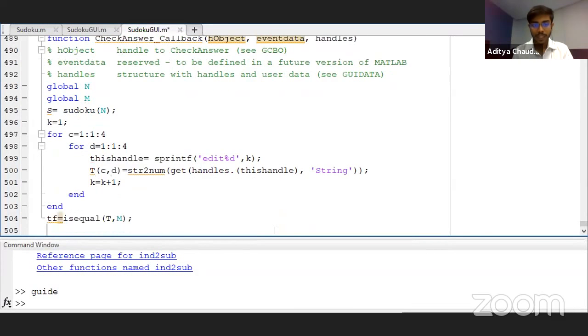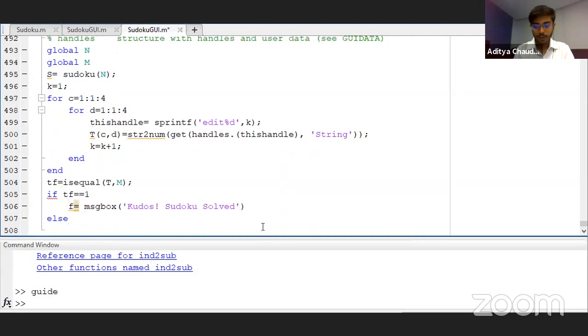So we have already created a matrix t, and we'll be checking if that's equal to our answer. And if that's true, there'll be a message box. So f message box, you can just randomly write anything in it. So I'll be writing kudos, Sudoku solved. Okay, and we'll be creating another else loop over here.